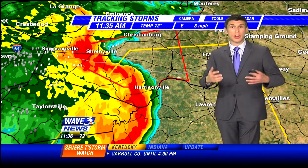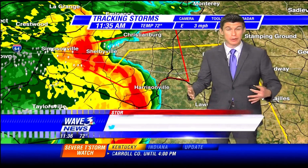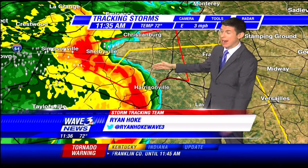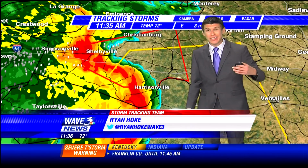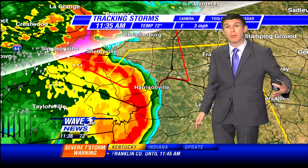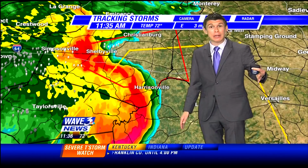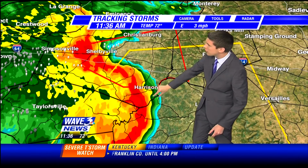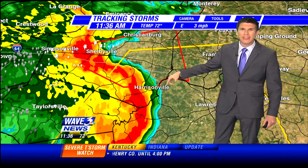Yeah, that's right. This is what's called a gust front or a bow echo here. The gust front, what we're seeing at the surface, the bow echo, what we're seeing on radar. Harrisonville, you guys are probably going to be seeing some 60, potentially 70-mile-per-hour winds moving through right now pretty much, because it is on top of your location. The very sharp leading edge here that you're seeing, that's where we're beginning to see some of the potential for